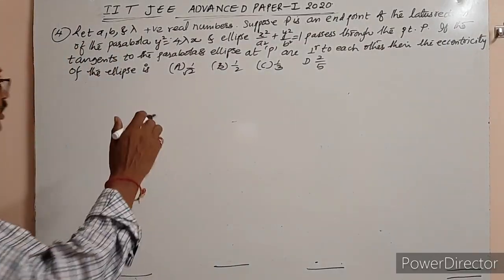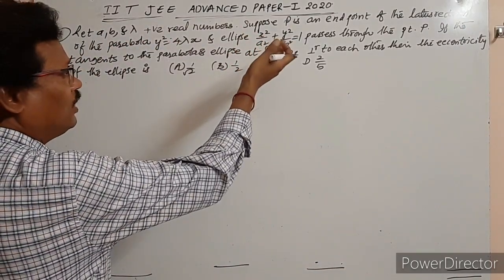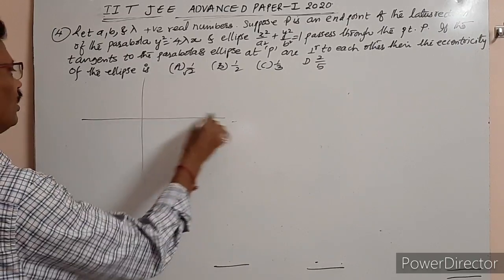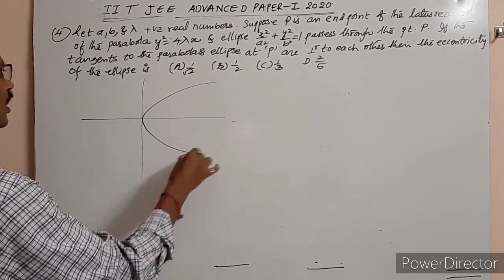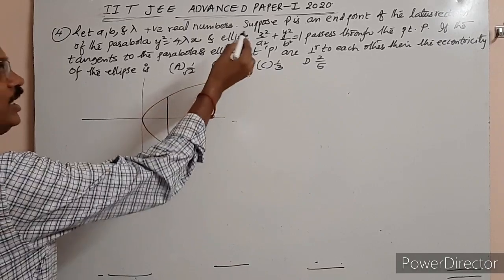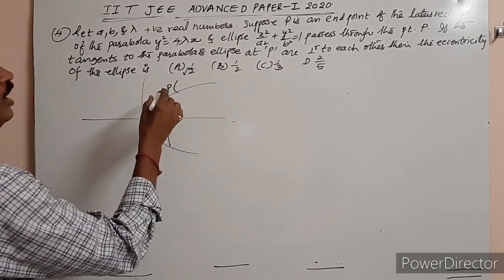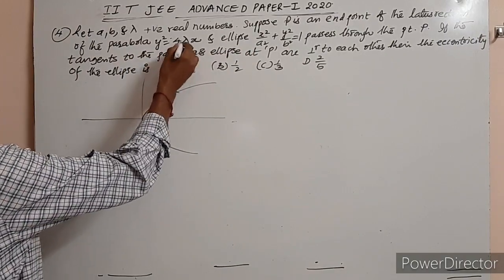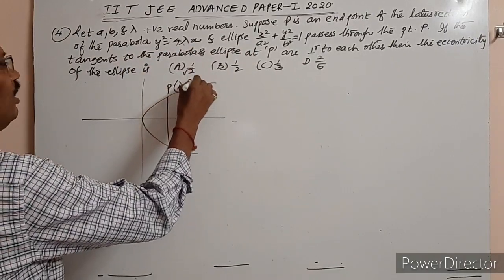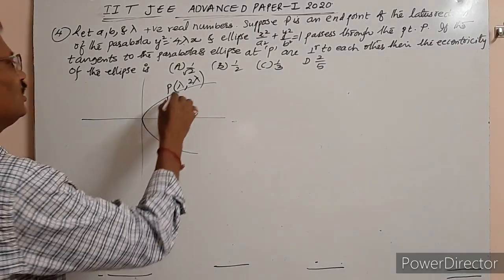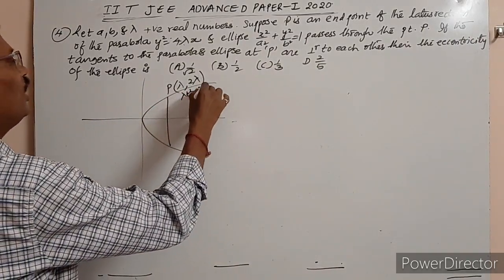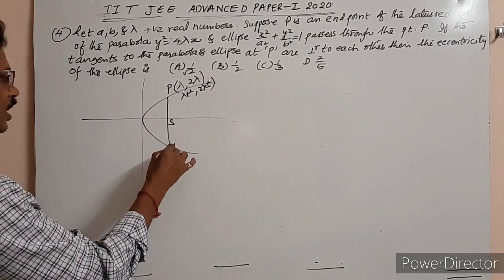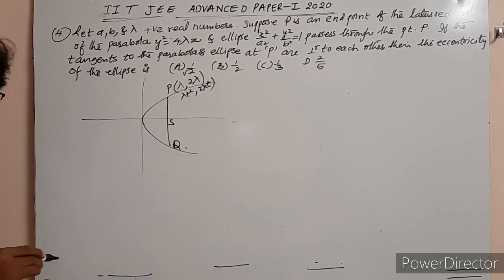Okay, now see that. What about the P point? P is the end of the latus rectum. Now let us draw the graph of the parabola. This is a parabola and this is the end of the latus rectum P, that is a comma 2a. What is a in the parabola? In the parabola a is equal to lambda, so lambda comma 2 lambda, right? This is a square comma 2at. This is the focus, and this is another end point of the latus rectum, right?